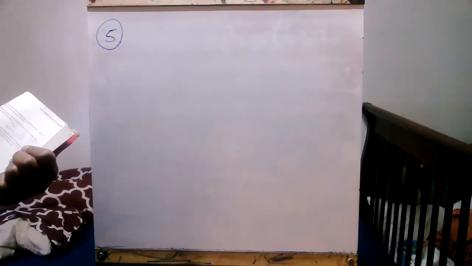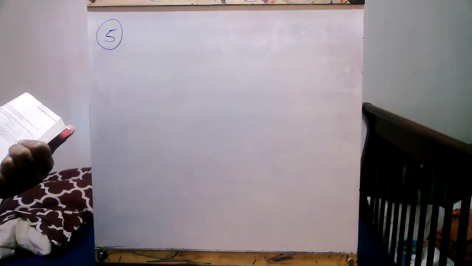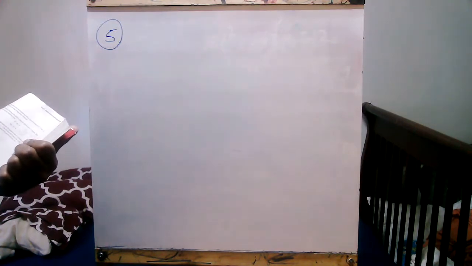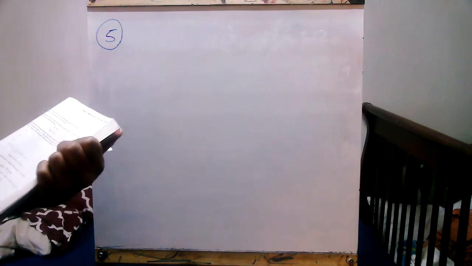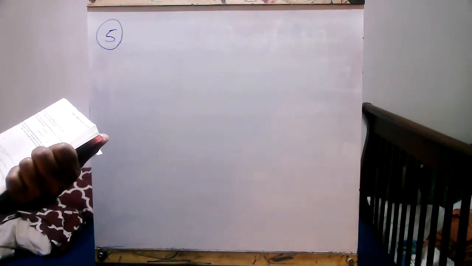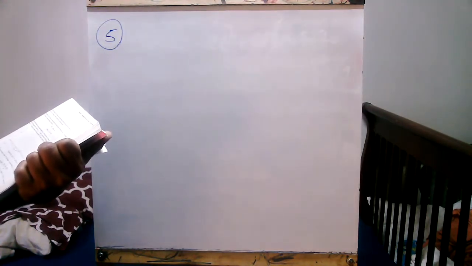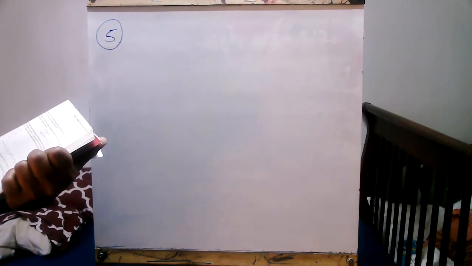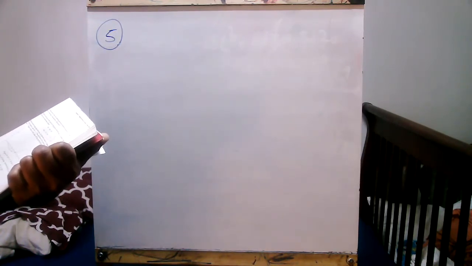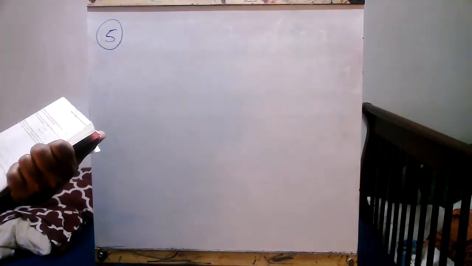I'll read the question. This is in page 269. The location s of a certain particle from its starting position is given by the equation s(t) equals t cubed minus 3t squared for t greater than 0. For what values of t is it moving in the positive direction? You remember